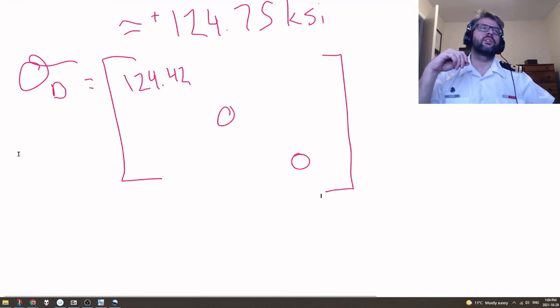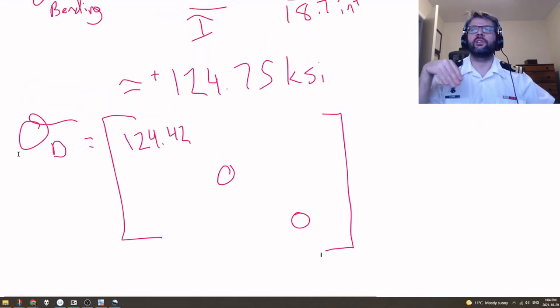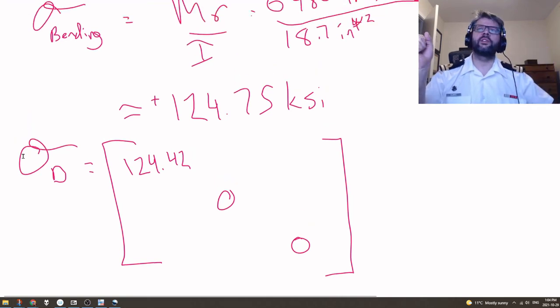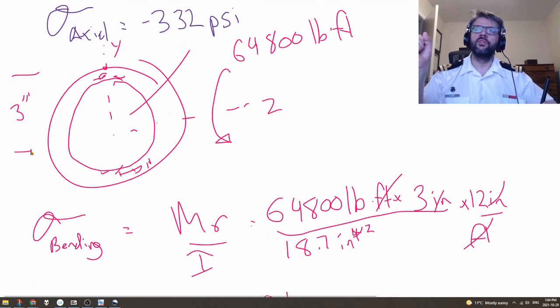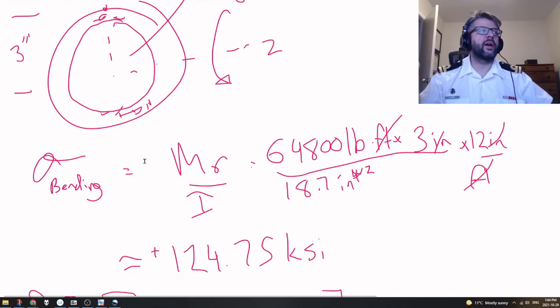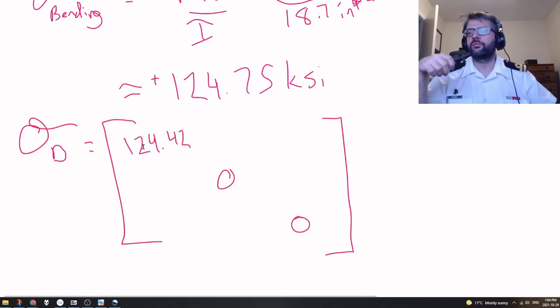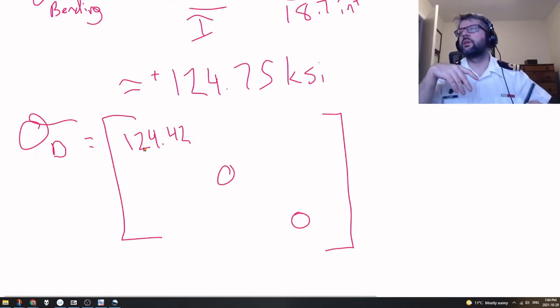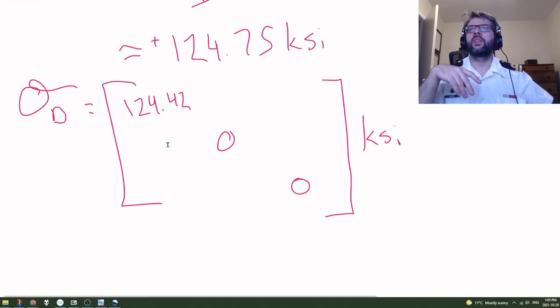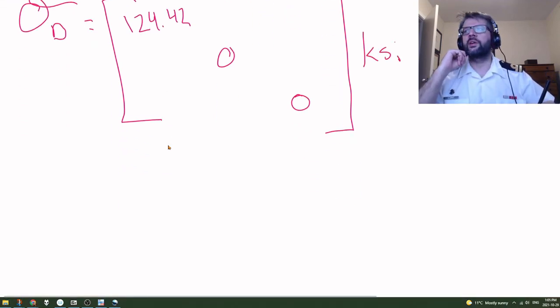I would note that since we're using x, y, and z for this coordinate system, if there was hoop stress in this coordinate system at D, the hoop stress we calculated would be z along the z-axis. Whereas in the previous step, if there had been hoop stress at point C, that would have been in the y-axis. Because again, we're at a different point on the circle, so the orientation is different. So we can fill this out right now, KSI. And then now we just need to figure out what our